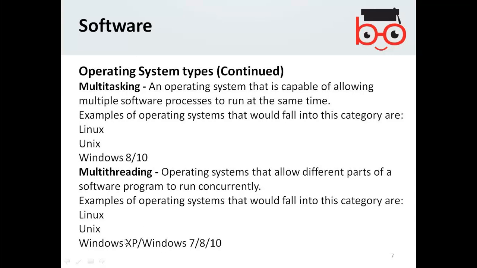How multi-threading works: for example, one software has to do a calculation. You have split your program to be calculated, let's say one slice of the program on one processor and another slice of the software on another core.